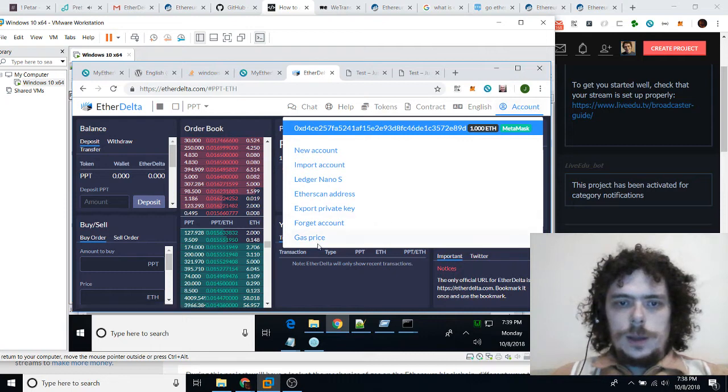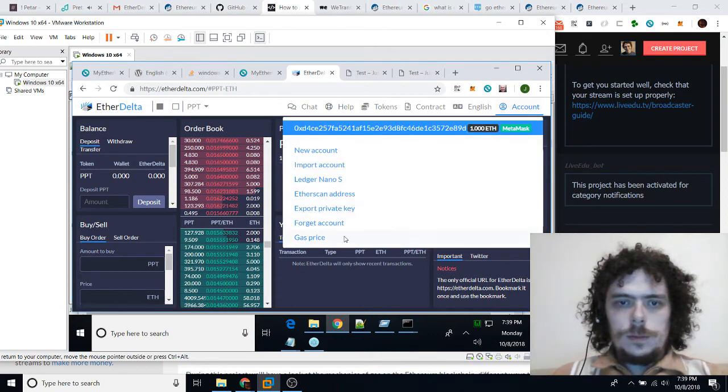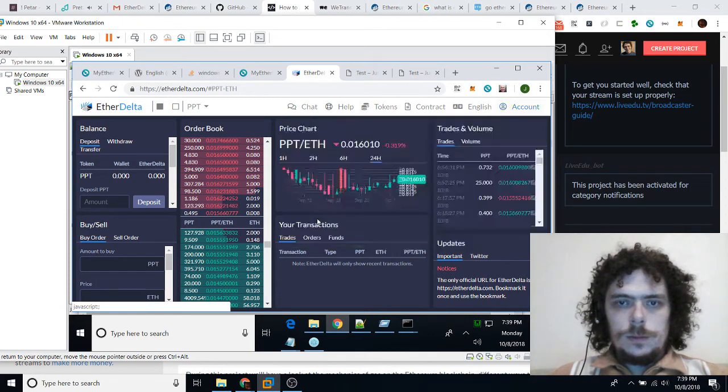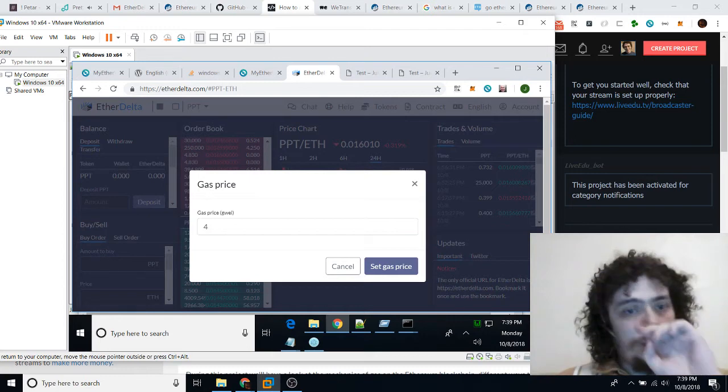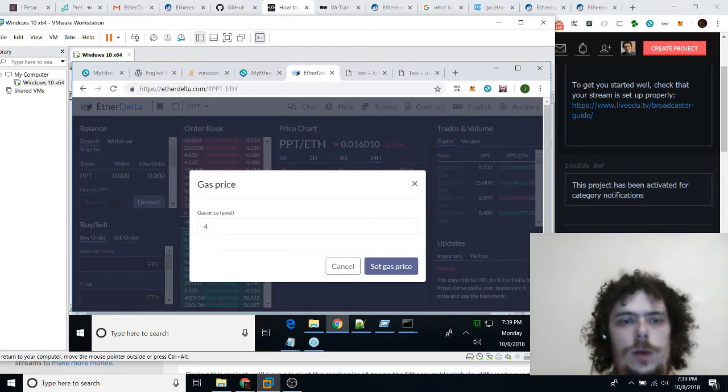So if I go to, I think, contract, account, I can set the gas price. And the default is 4. So the default is really low. So if you're trying to beat somebody to an order on EtherDelta, if you use the default of 4 gwei, it's probably not going to happen that fast. You could use the maximum on my Ether wallet, like 99, or you could even go for a much higher gas price if you wanted to be much faster than anybody else trying to execute on the same order.